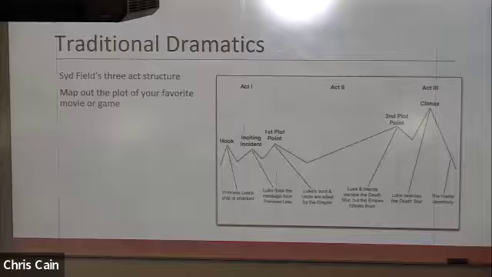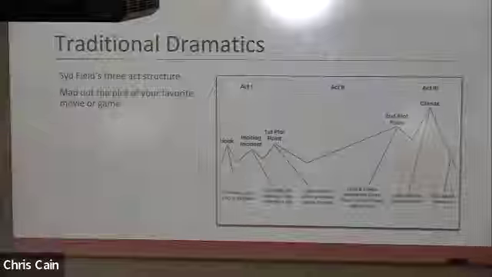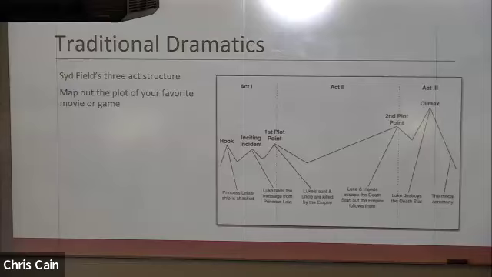After the hook, there's a bit of falling action that leads to the first inciting incident. This is when the plot for the characters really starts to take. This is when the first piece of evidence, the first piece of action is happening for the characters once you understand who they are and what's going on. Then there's some falling action from that, and we find the first plot point, which is kind of a temporary minor climax that marks the end of Act 1. At this point, you have the reason for Act 2. There's now motivation to continue with the story because of what happened.